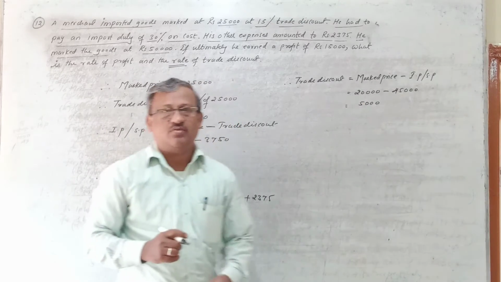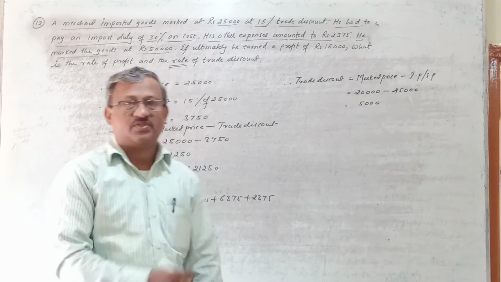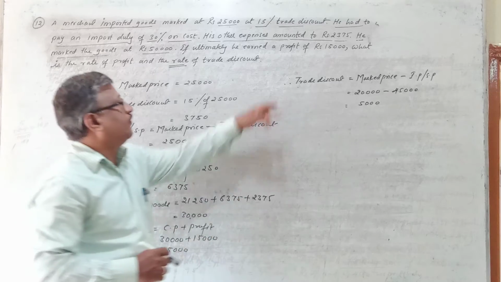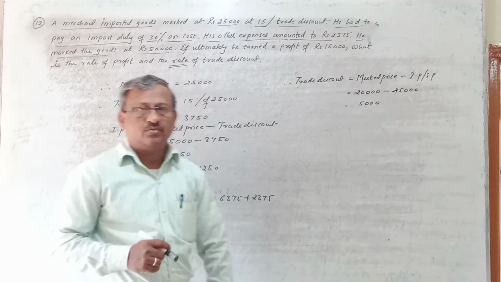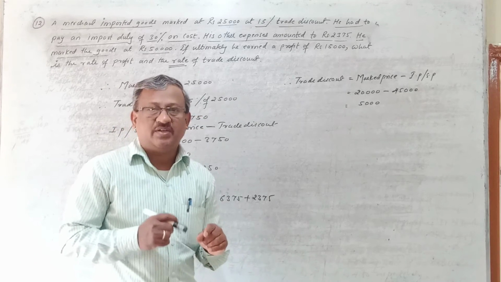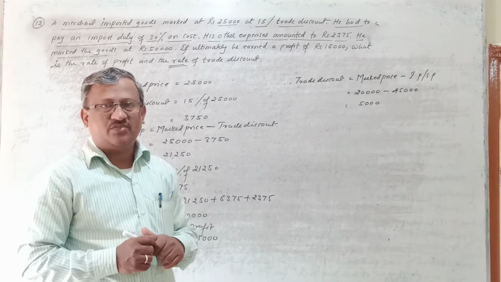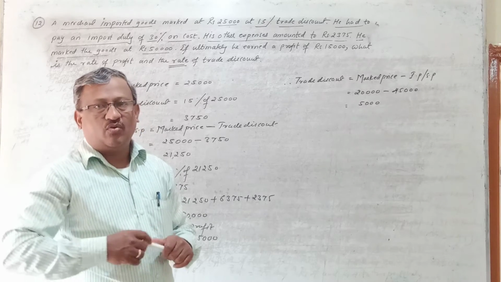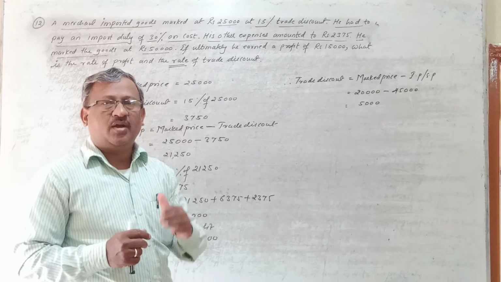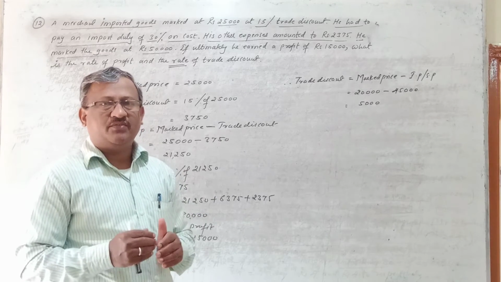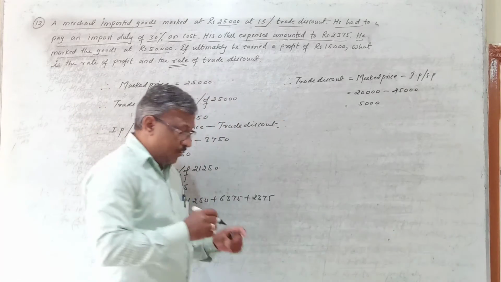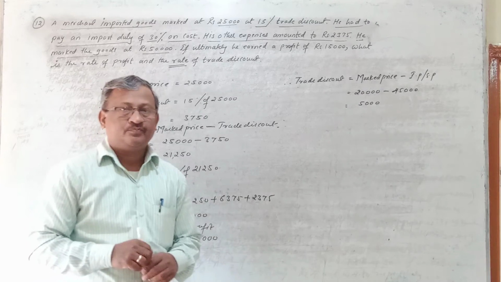So once you know the trade discount, we can easily express that in the form of percentage. Because they have asked you to calculate the rate of profit and the rate of trade discount. Profit is already known here. It is 15,000. So these 15,000 and 5,000 we have to express in the form of percentage. And to express in the form of percentage, we have to put the equation. Right? Whenever they ask you to calculate anything in the form of percentage, you always have to calculate per 100 how much it is. So anything which is per 100 we call percentage. So let's calculate the rate of profit and the rate of trade discount.